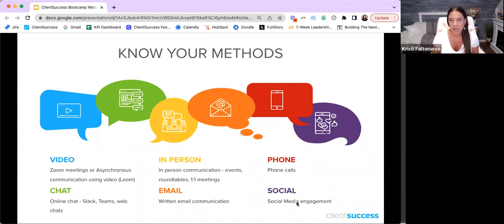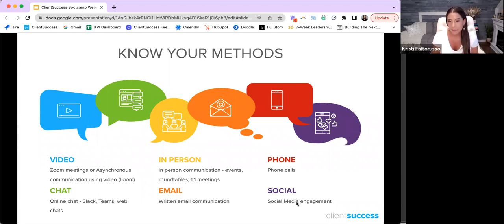The next thing is chat. We see this being really widely adopted. In fact, some of you are probably active members in some of the customer success Slack groups. There's quite a few of those, but using chat, right? Whether you have Slack or Teams, or if you're creating a web chat or putting something on your website even, that's a great place to go and just facilitate conversation, that dialogue.